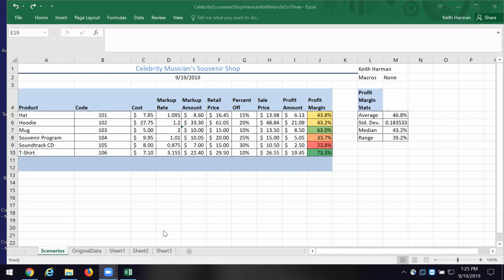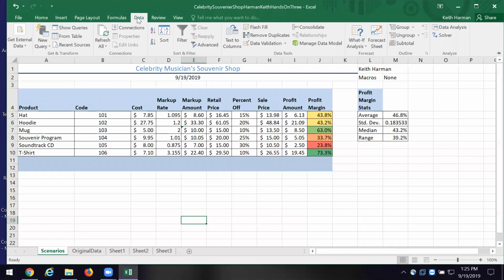So understanding the potential outcomes of our actions is quite important. And so we have a little tool there. We're going to look at it. It's called the scenario manager. So click on data, and we're going to look for what if analysis. You see it, the question mark? And we're going to click that, and we're going to click scenario manager.